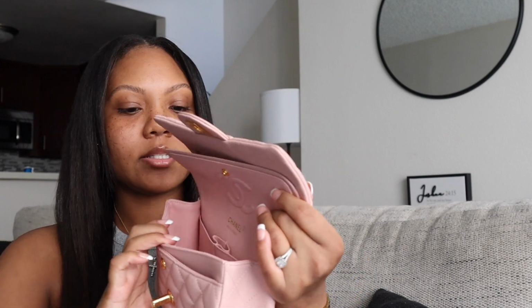Y'all see where that blue thing is? All that kind of stuff on the hardware is usually covered, and I usually take it off before I film these videos for you guys, but I didn't get around to taking all of this off this time. But the quality of the bag is really, really nice. I love it. This part of my hair is poofing. I haven't straightened my hair in a while, sorry. But the overall quality, Coe Bags always does such an amazing job with their purses. I think this is the third Chanel bag I've gotten from them, you guys, and the quality is always top tier. I'm trying to get this little plastic off of here so I can show you guys,